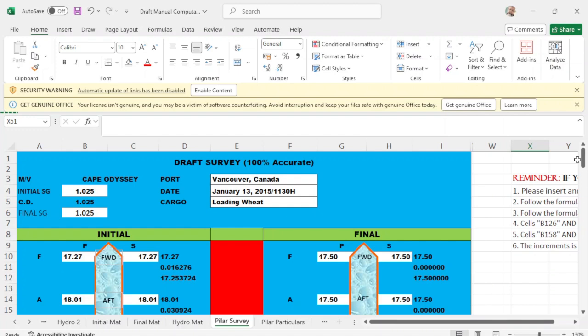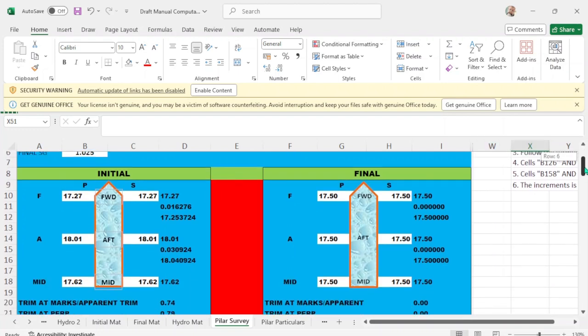And once you have confidence on that kind of program that you have, you can use it throughout in every vessel, and you will never be at a loss.